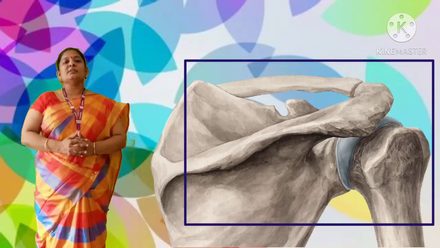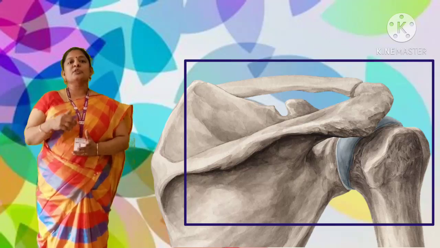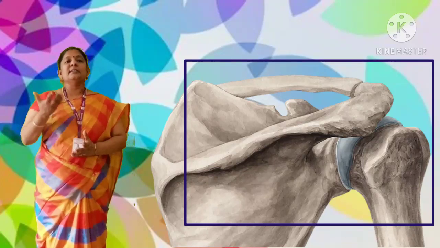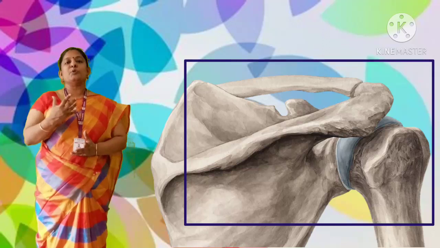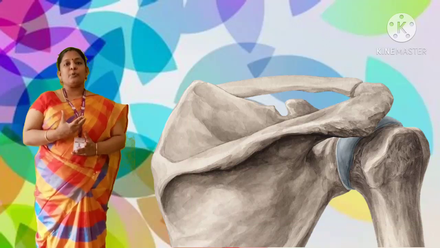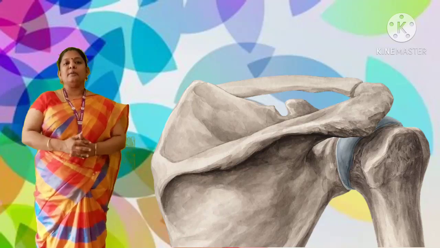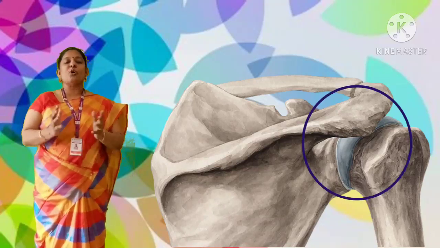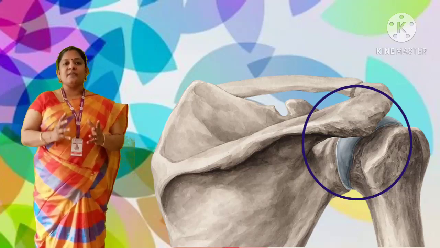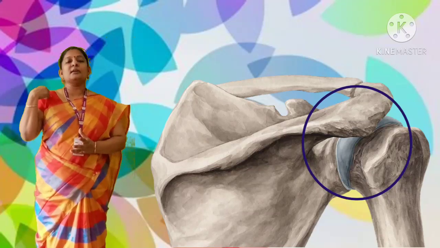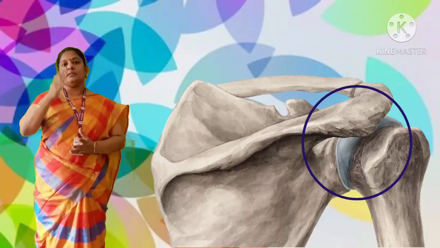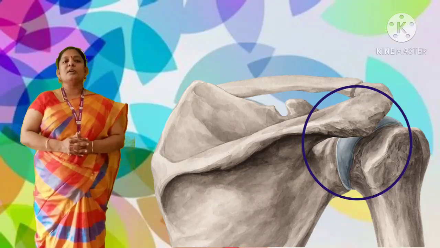The collar bone is supported by breastbone at one end and the shoulder blade at the other end. So the front portion is supported by breastbone, and the back side is supported by shoulder blade bone. The shoulder bone encloses a socket-like cavity. So automatically here you are getting a cavity. It is also called a socket.